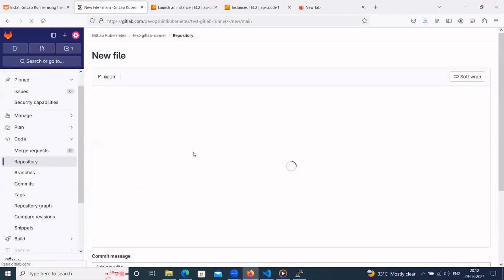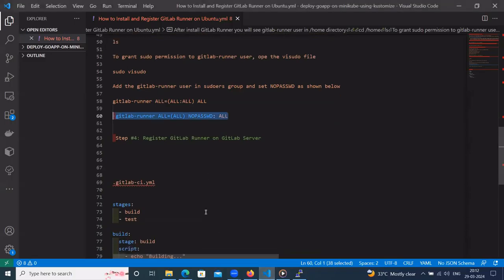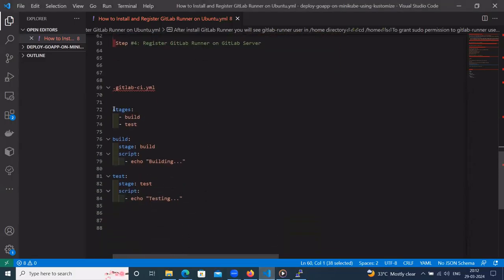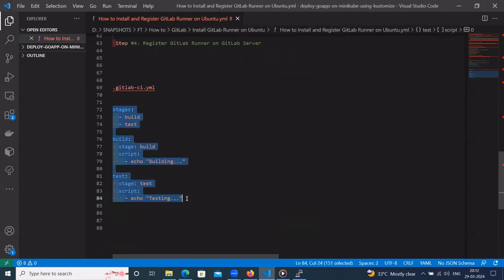The GitLab CI pipeline file name is .gitlab-ci.yml. Then I have a simple pipeline. So here is the GitLab CI